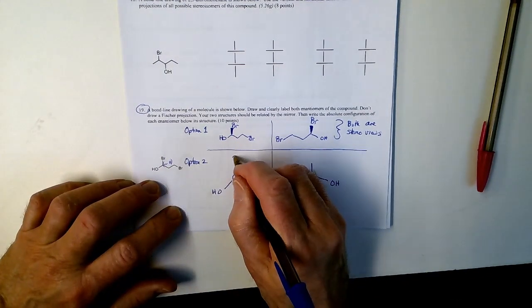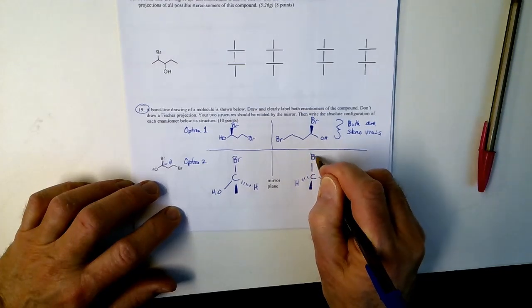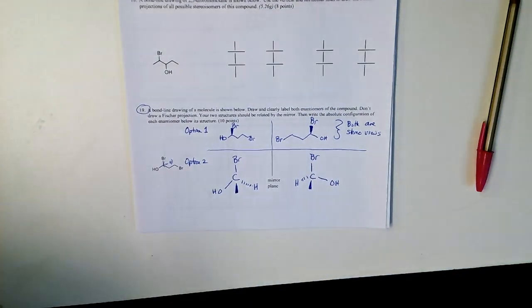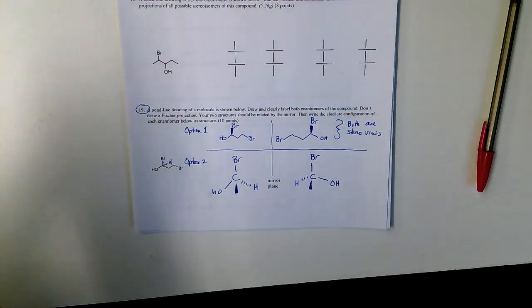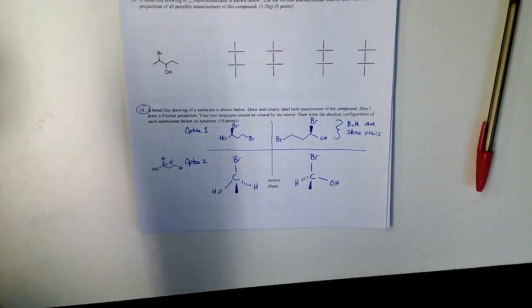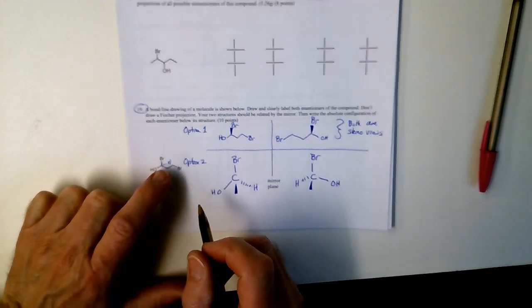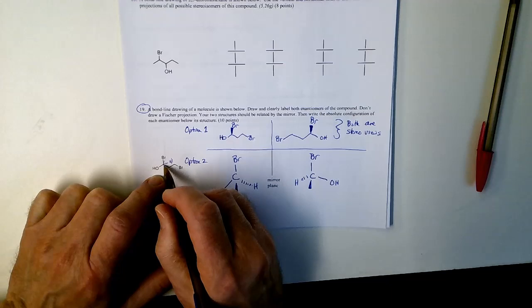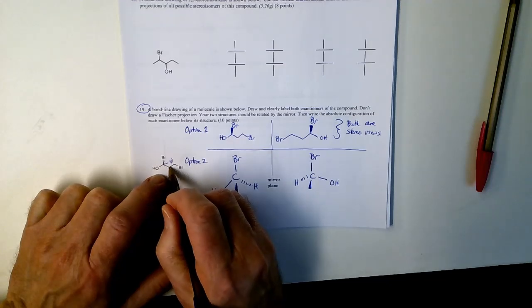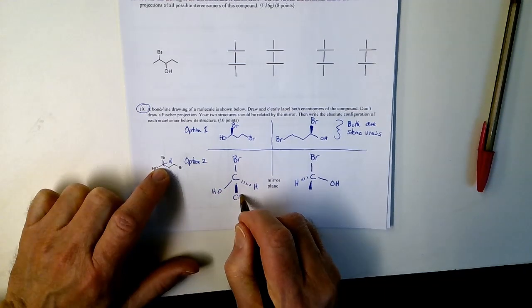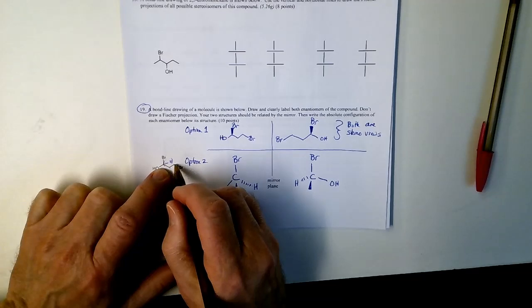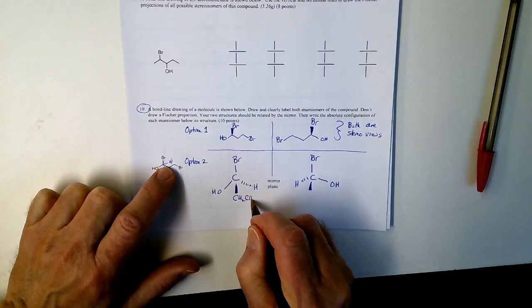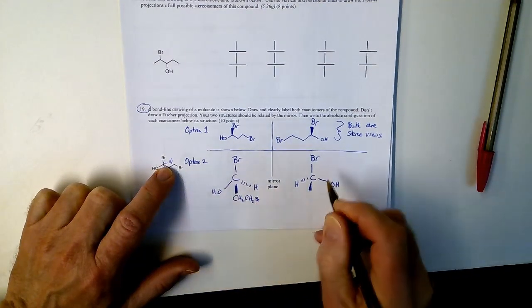Looks like bromine's pointed straight up, no problem. Put it in place, and the only remaining spot then is the rest of the molecule. Here's where things can get kind of hairy. What you need to do is carefully track what's there. It looks like we have bound to that chiral carbon a CH2, and next in line is a CH2, but it has a bromine on it as well.